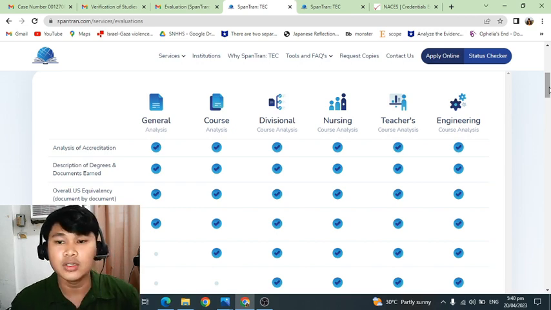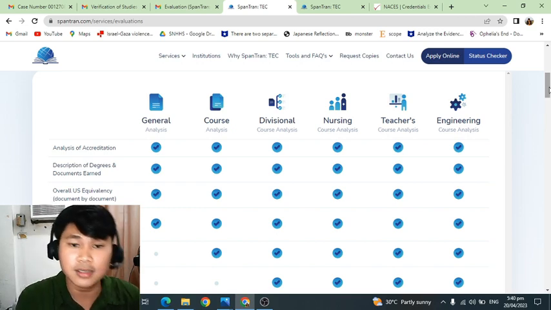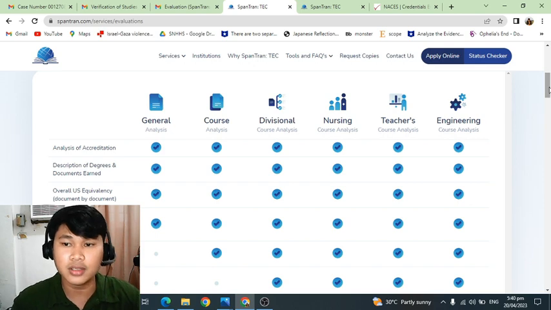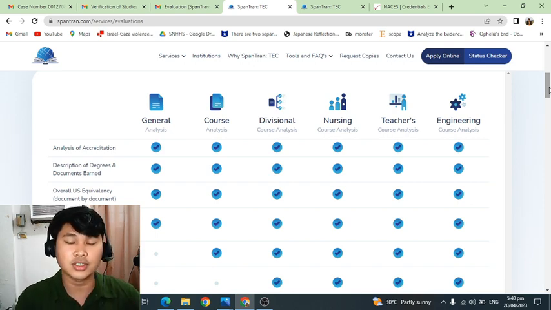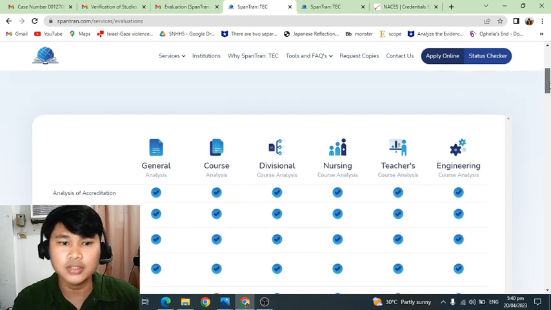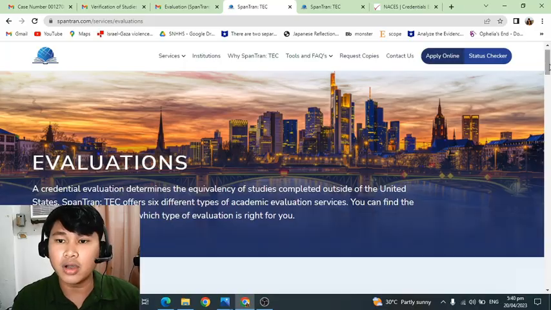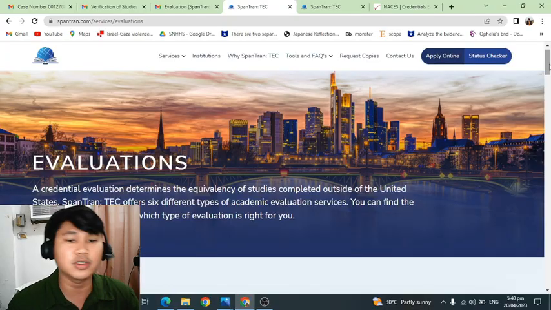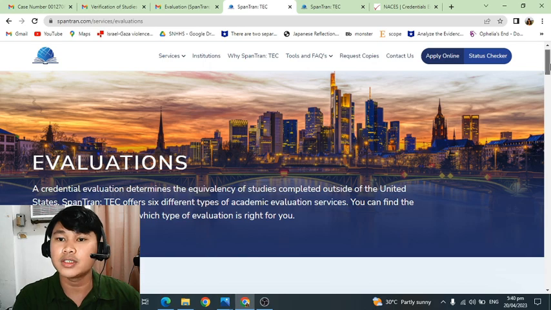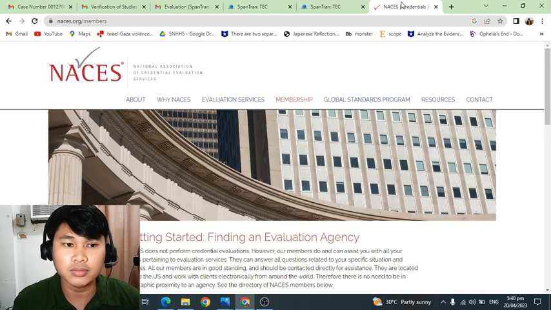Okay, so we're done with what is an FCE. Then we have discussed how long is the processing time and how much is the processing fee. Now let's proceed to the organization FCE options. Of course, it's not just SpanTran that you can avail. There are a lot of evaluation organizations, and we go here,